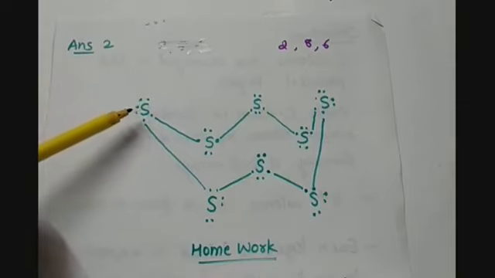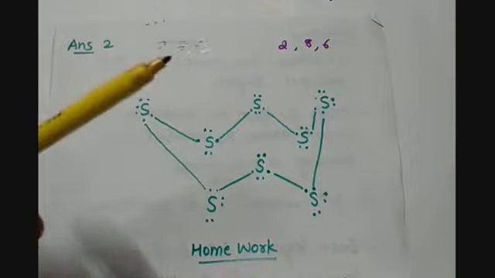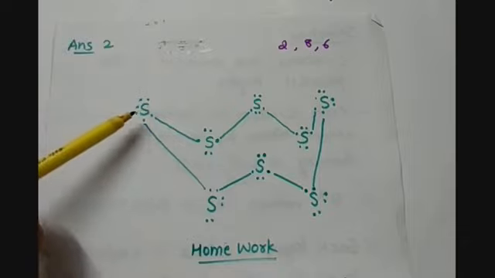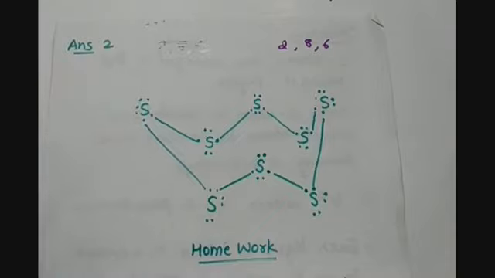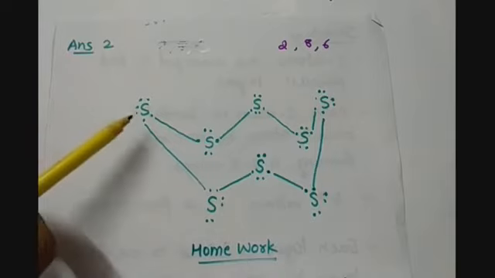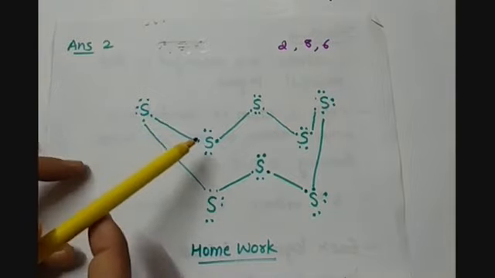represented by the dots, and as we know they are arranged in the form of a ring. So that is how we have tried to adjust the sulfur atoms, which are 8 in number, in such a way that they can form the ring. So here you can see that one sulfur atom is making two covalent bonds as it needs two more electrons to complete its octet to get stabilized. So in this way it is arranged that one